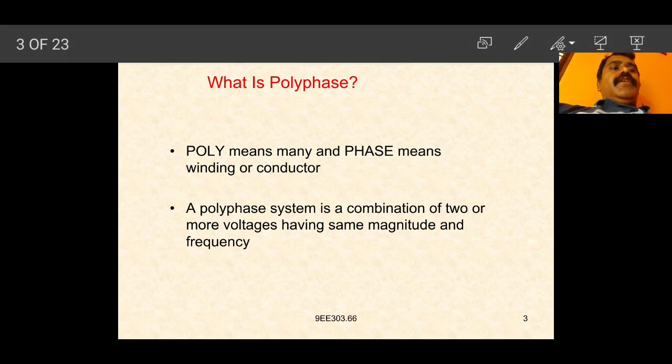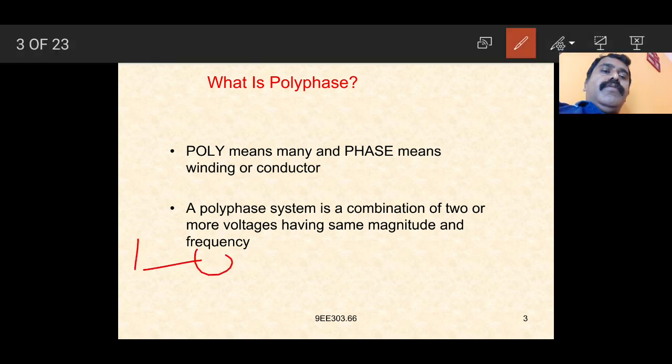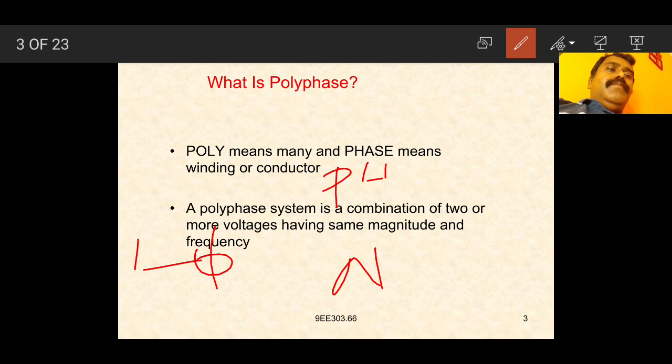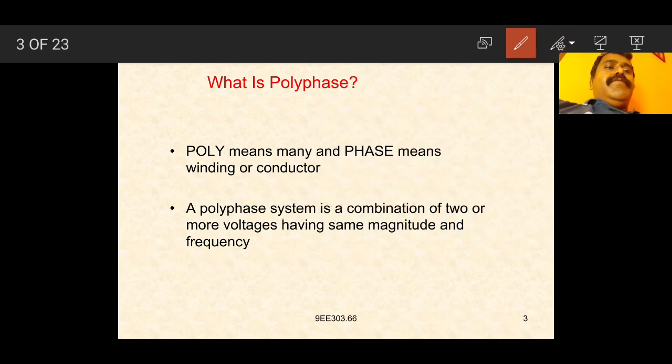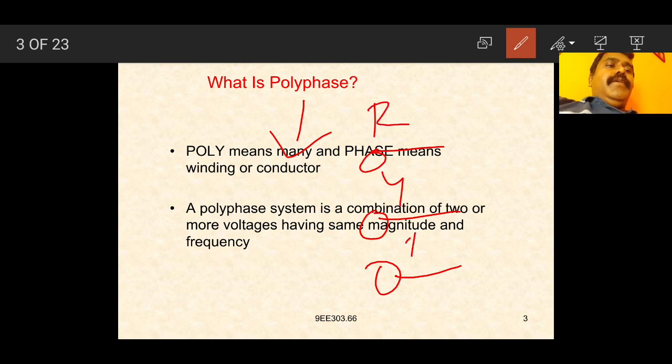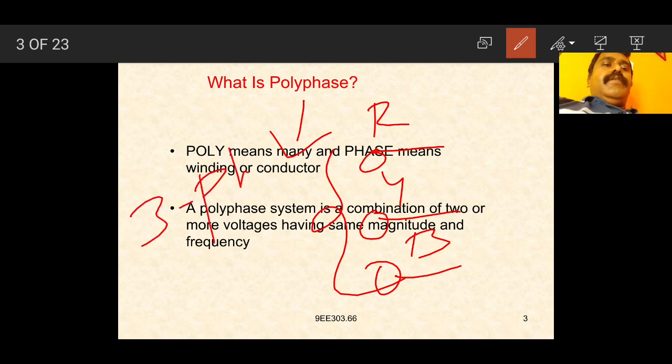Again, in the case of single phase, we are talking about the phase and the neutral. The voltage is a single phase 230 volts, 50 Hz AC supply. Again, in the case of three-phase, which is the polyphase here, three phases are connected. We can express them as R, Y and B. The voltage we are assuming is 440 volts three-phase AC supply.